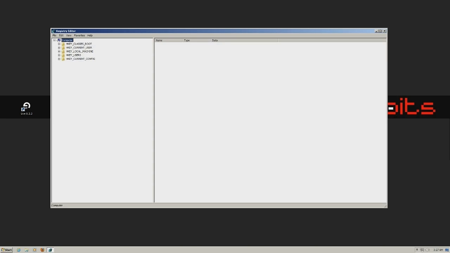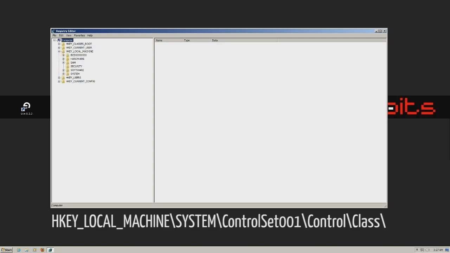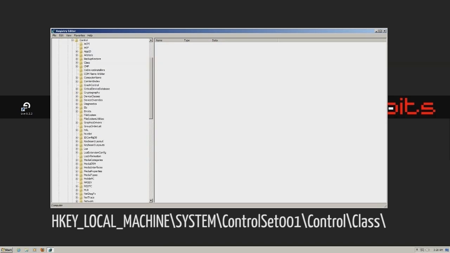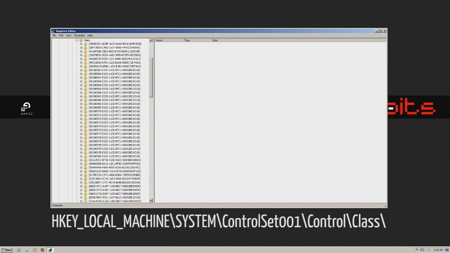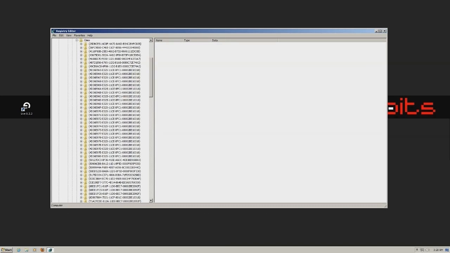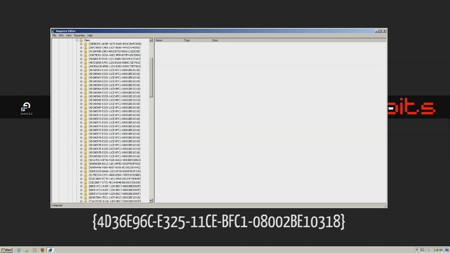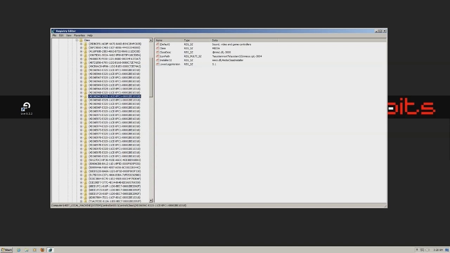Once it's saved, go to HKEY_LOCAL_MACHINE, System, ControlSet001, Control, Class. Over here you see a list of keys. There is a bunch starting with 4D36E9 and we need one which completes with 6C. And here is where the problem is at. It misses a key, so we're going to edit, right click, new,